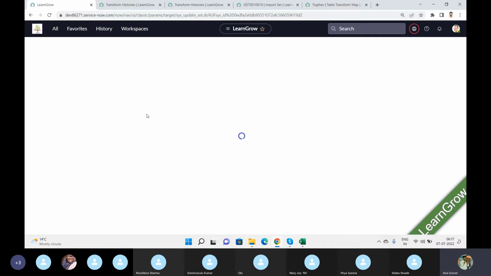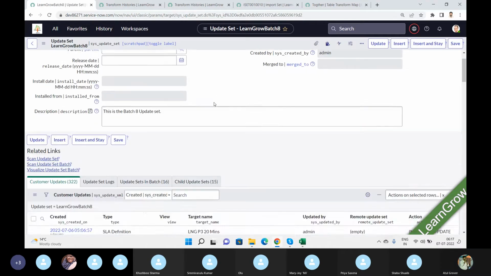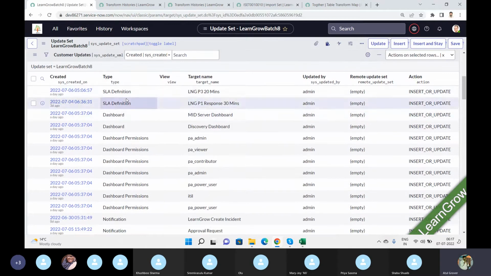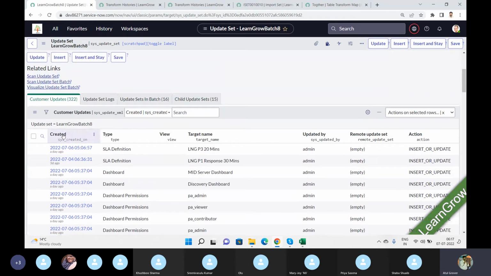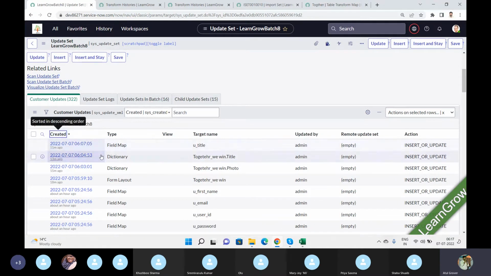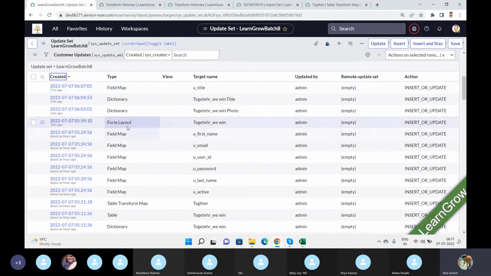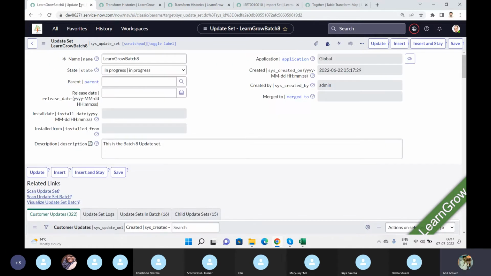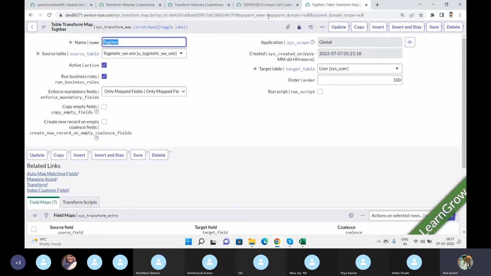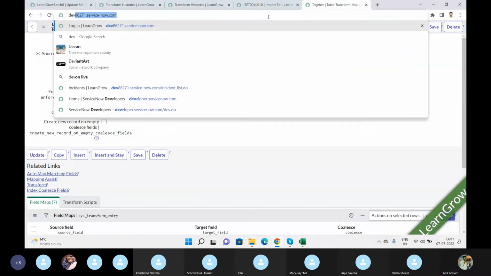Are the user records getting copied? No. SLA, SLA, SLA. Let me do it from today's part. See, field mapping is there, layouts are there, but there's no data. If I want to move, let me open this. If I want to move